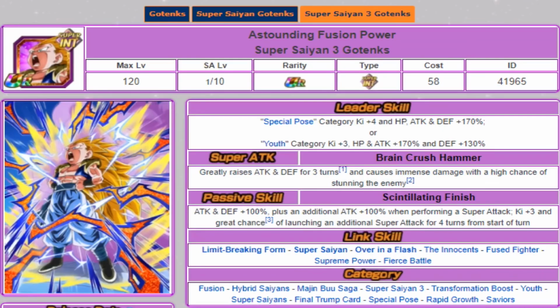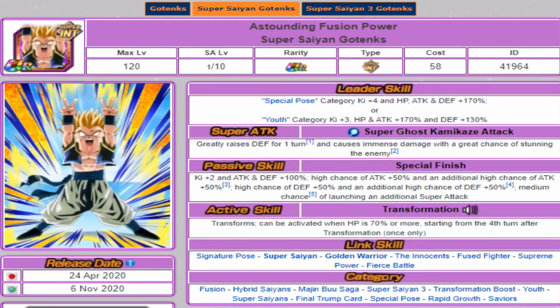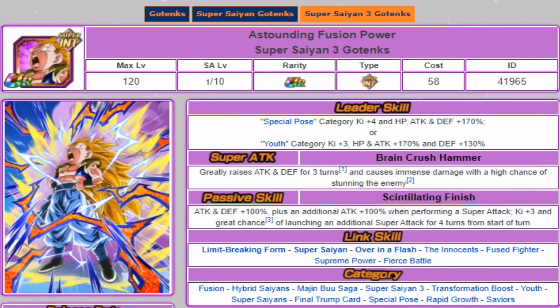And then his passive skill also gets a massive improvement. So he's got the same standard attack and defense plus 100%, but he's got an additional attack plus 100% on performing a super attack, Ki plus 3, and a great chance of launching an additional super attack for 4 turns from the start of the turn. So he's now got a great chance of doing an additional super attack, whereas previously it was just a medium chance, so that's an improvement. But it's only for 4 turns. I guess that's the drawback, but you're almost guaranteed to get off 2 super attacks